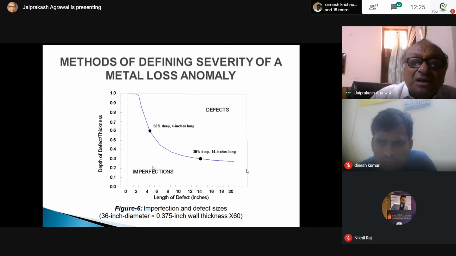If it is say 30%, it is not critical. Even if you have an 80% depth of defect, but the length is only 2, even then it does not come under the critical stage.